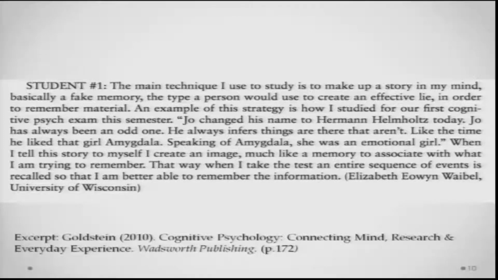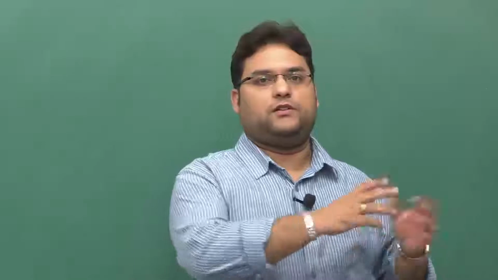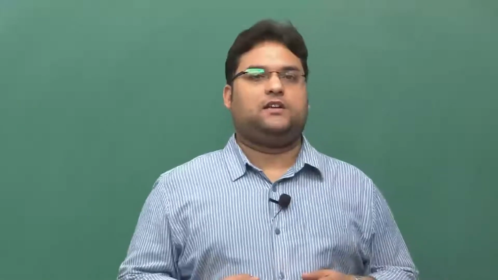Say student 1 says that the main technique he uses while studying is to make up a story in his mind. There was this friend and he changed his name to Helmholtz, and he attached all those things that he knew about Helmholtz to this person. So, let us say Amar's name is changed to Helmholtz, and then you start saying that Amar is a rather queer person. He tries to make sense of things that are actually not there. And say, for example, he named one of his other friends Amygdala,